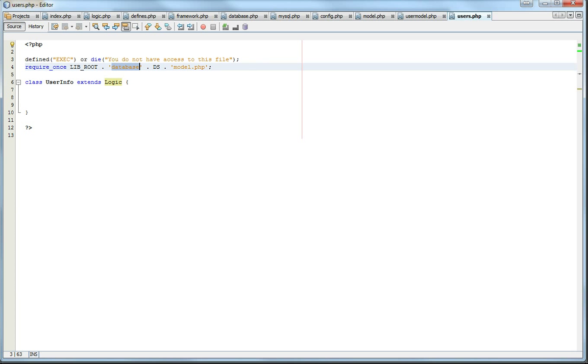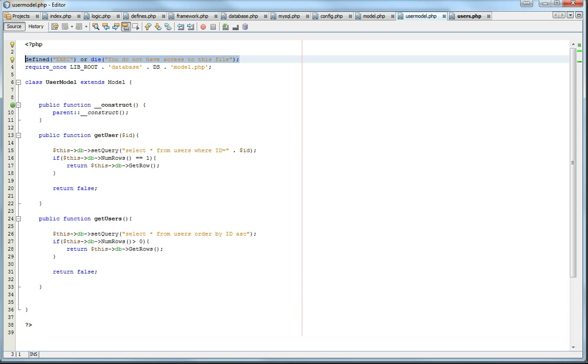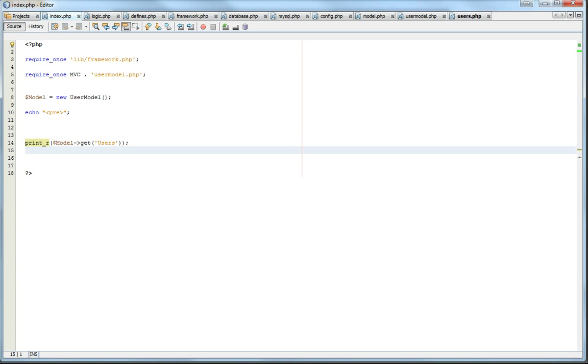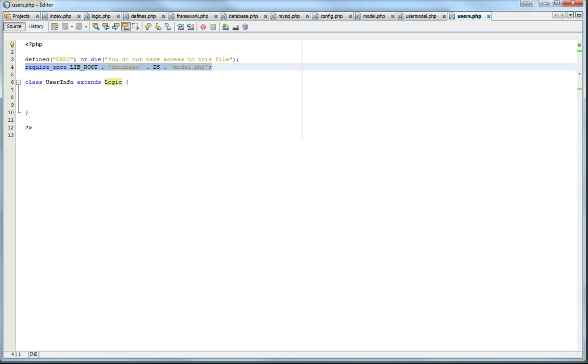Let me just do this first. So let's go to user model there. Libroot. No, that was wrong. Our index. We want to have this there. Put that in there instead. User model and MVC. Well, let's just go to root,